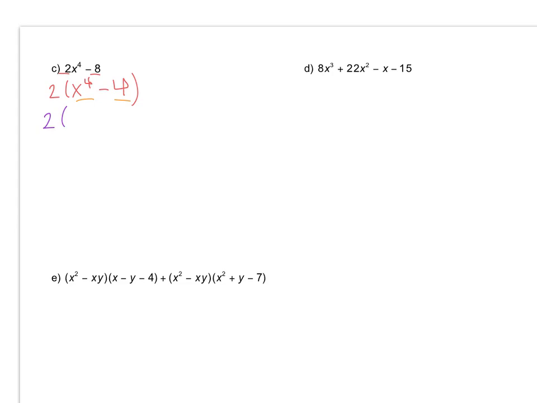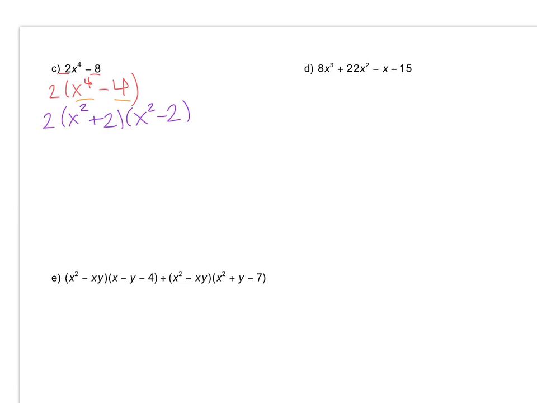So x to the 4th minus 4 is the difference of squares that can be factored into x squared plus 2 times x squared minus 2. Now, this is the point where we would stop before this section, because we're finished factoring over the integers. This is x squared plus 2. It's not a difference of squares because it's plus,